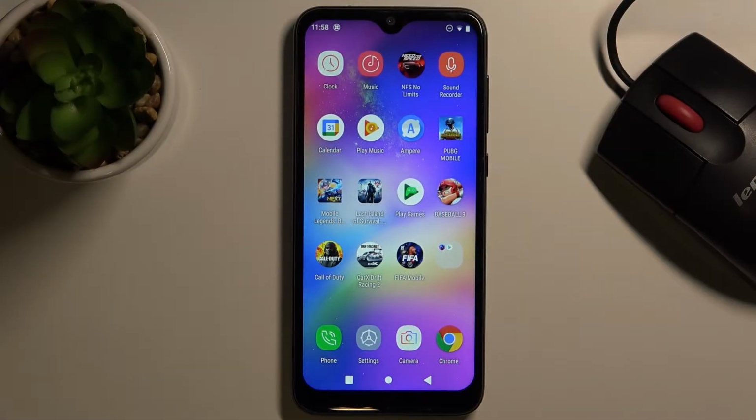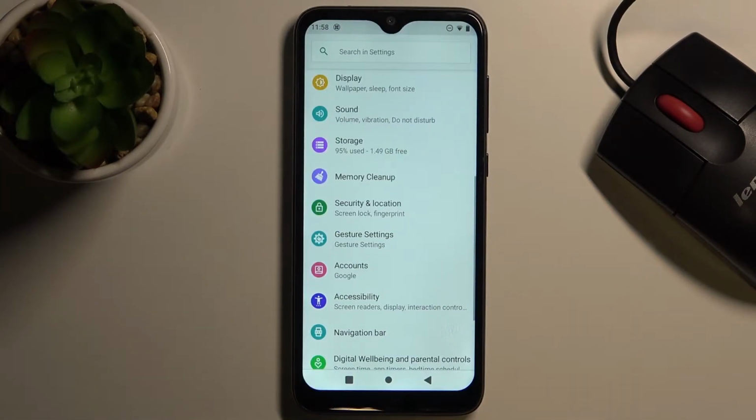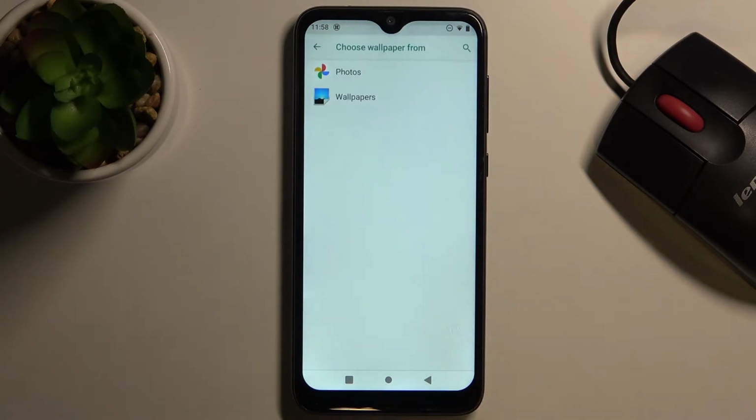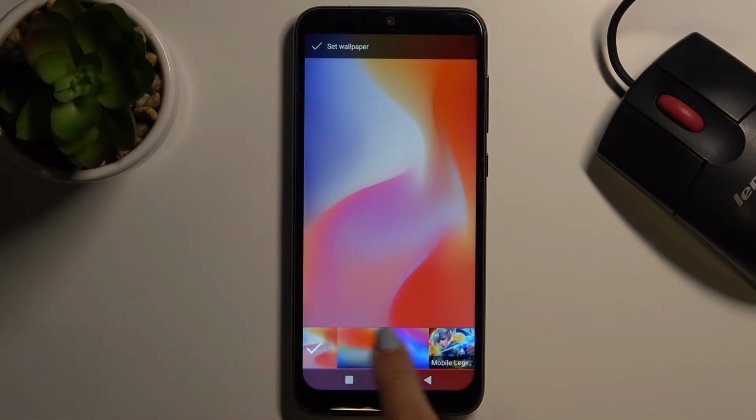In front of me is OUKITEL C15 Pro, and let me show you how to change wallpaper on this device. So first of all, you need to open the settings, then find and select Display, and reach Wallpaper. Just pick Wallpapers or Photos album, whatever you prefer, and choose the picture that you would like to apply as